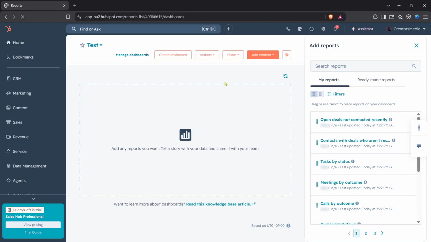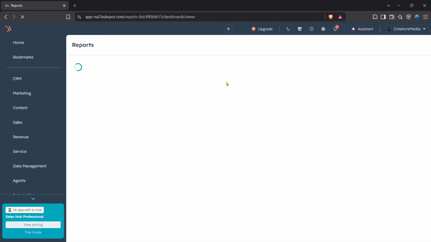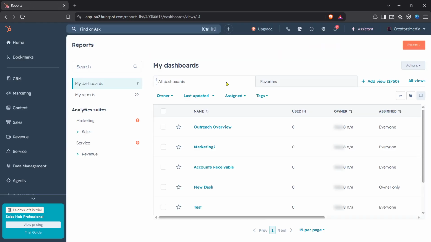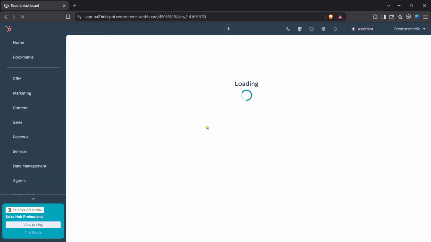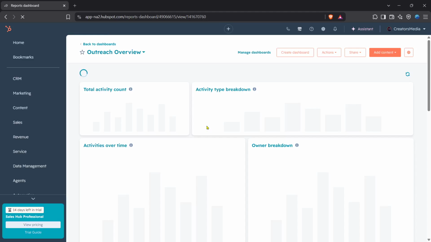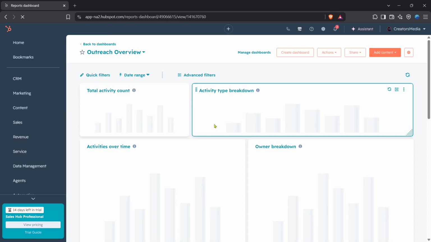A list of your dashboards appears, showing all the dashboards in your account, including the one you just created. Click the Outreach Overview dashboard from the list to open it. Your new dashboard loads with all the pre-configured reports from the template, including contact activity, email performance, and call metrics. The dashboard filters appear along the top,